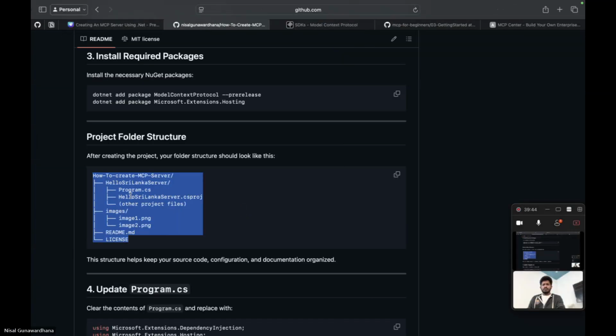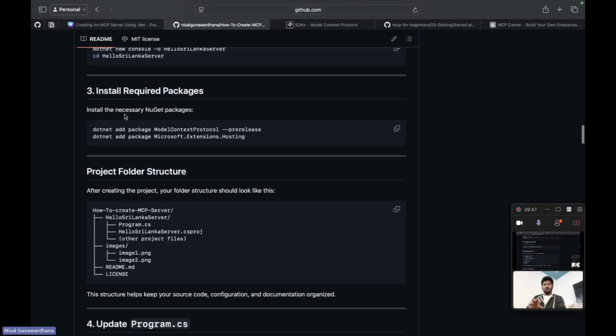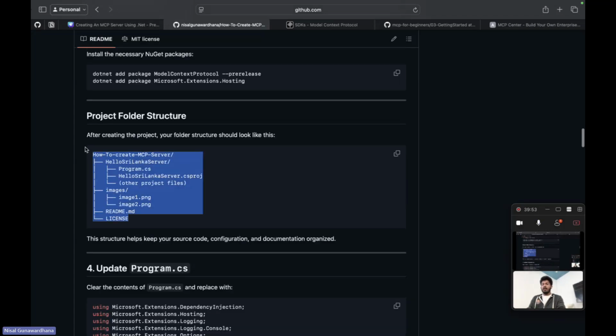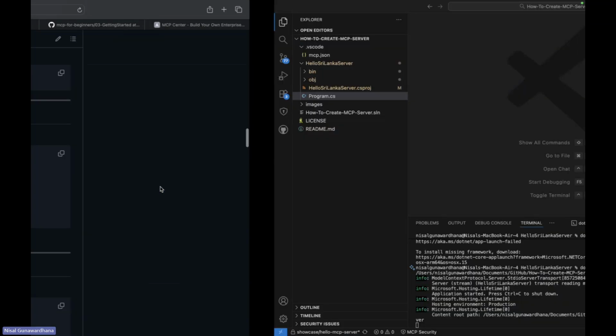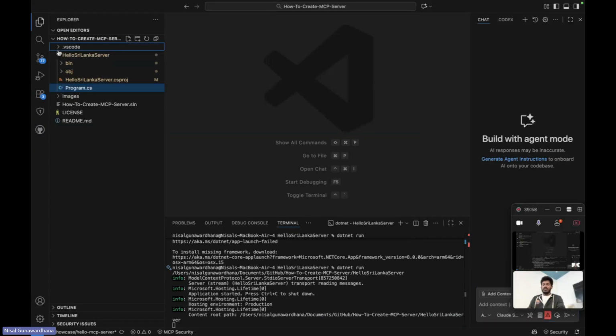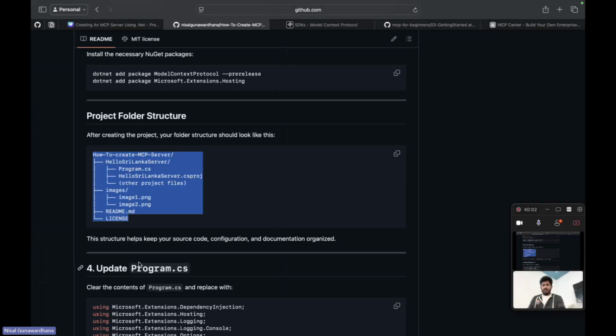Once we complete all the other steps up to this point, we can see our project structure like this. So yeah, here we can see our project structure.